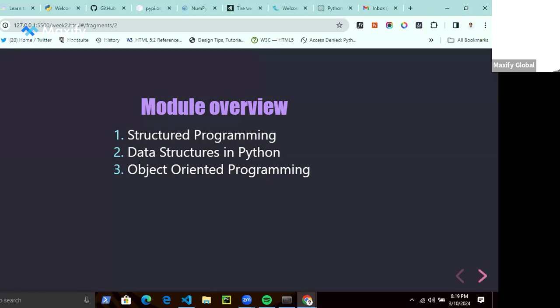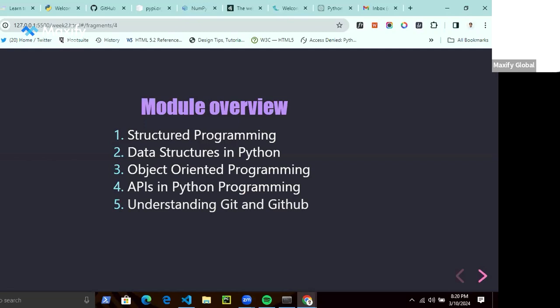Then after that, we're going to move on to APIs in Python. Everything is an API. All the language constructs are an API. So we're going to take a very brief introduction into APIs so that we understand what they are, what they do, and how we use them. Next, we're going to be understanding Git and GitHub.